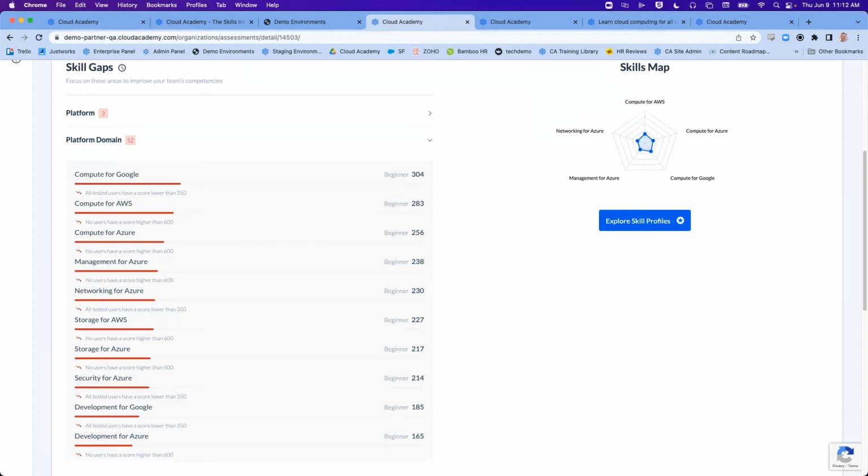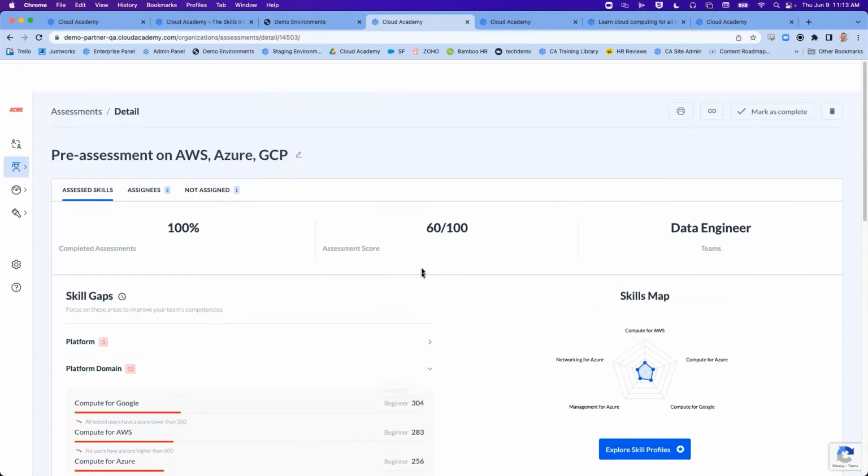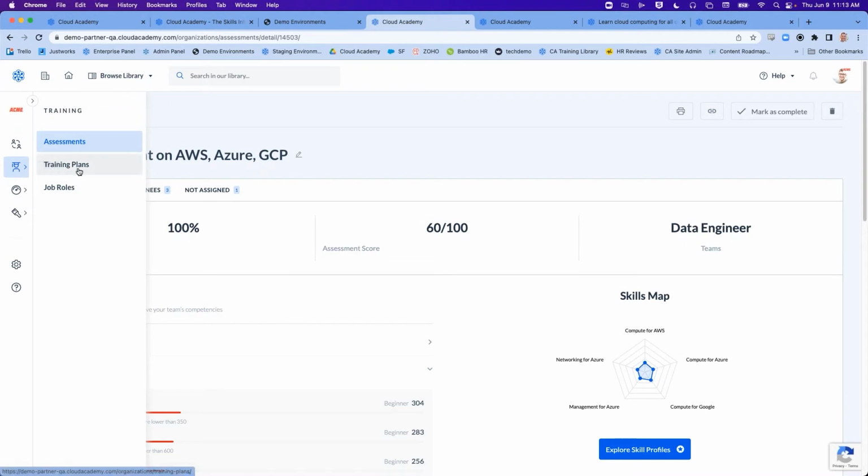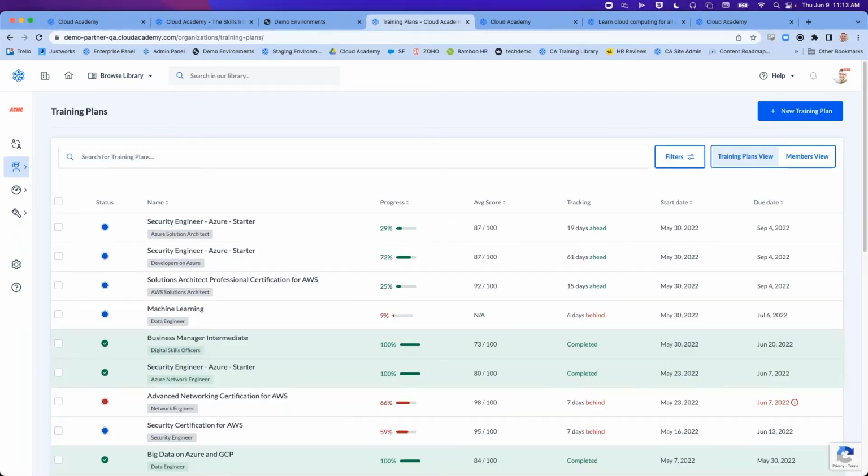So all we've really done is organize users, then baseline to understand the skill gaps. Now that we're ready to address these skill gaps, we're ready to start talking about a training plan. I'm going to say training plan and learning path a couple times today. For now, just note that a training plan is the mechanism to create accountability and set expectations.